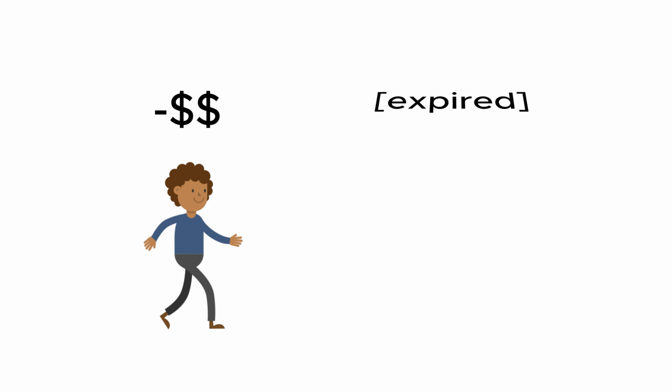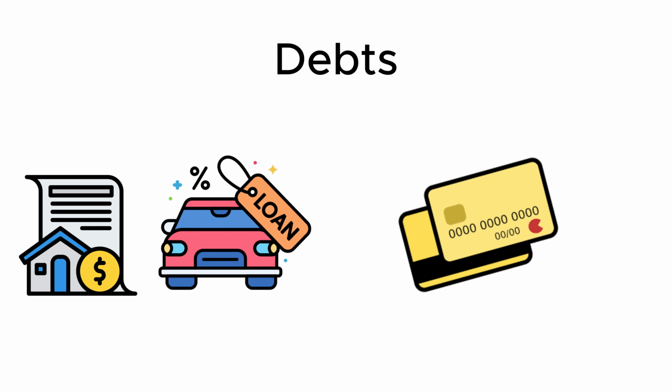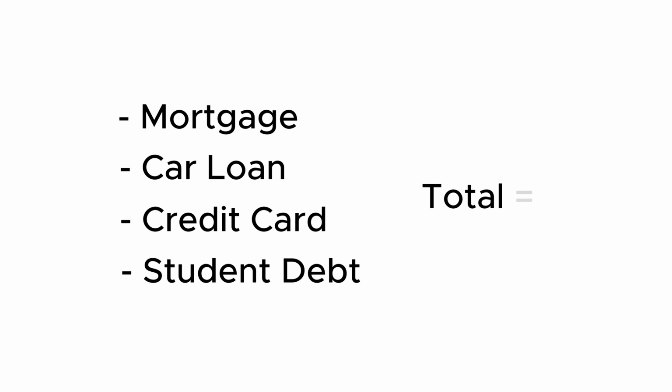I have a professional opinion that the debts you create while you're alive should expire when you die. Typically for Canadians, there are debts like a mortgage, a car loan, credit cards, and student debt. Those are the major debts. So the first part of the process is really quite easy. It's listing down these various things and writing out how much do I owe.